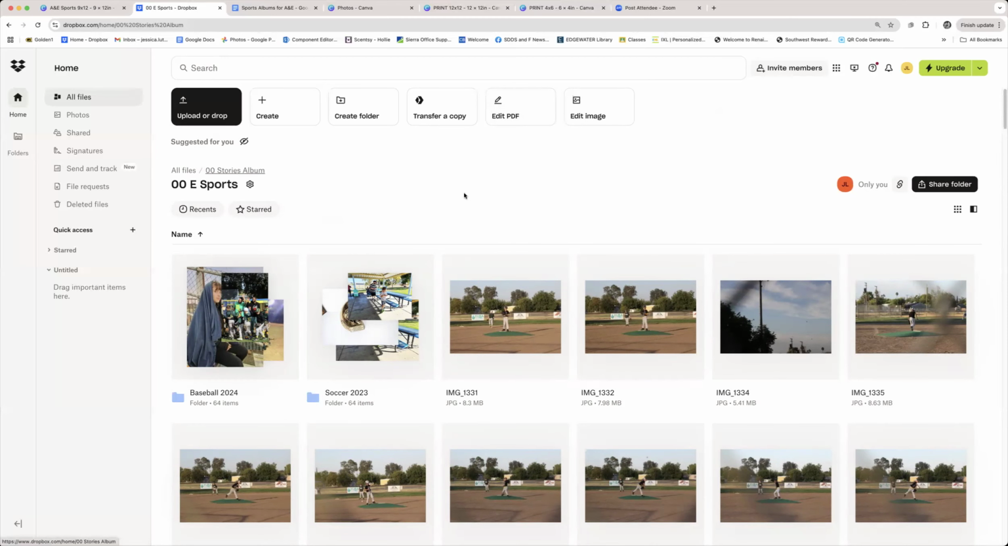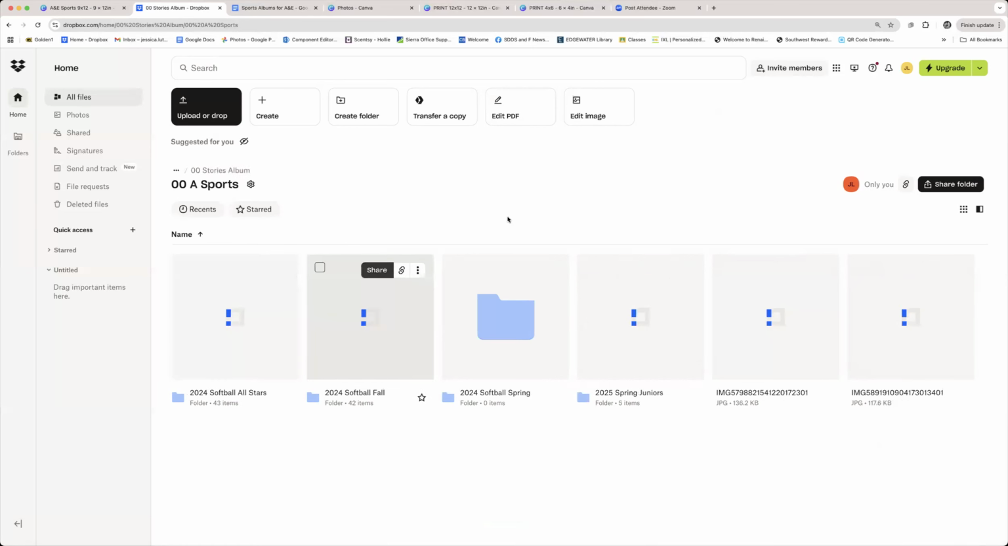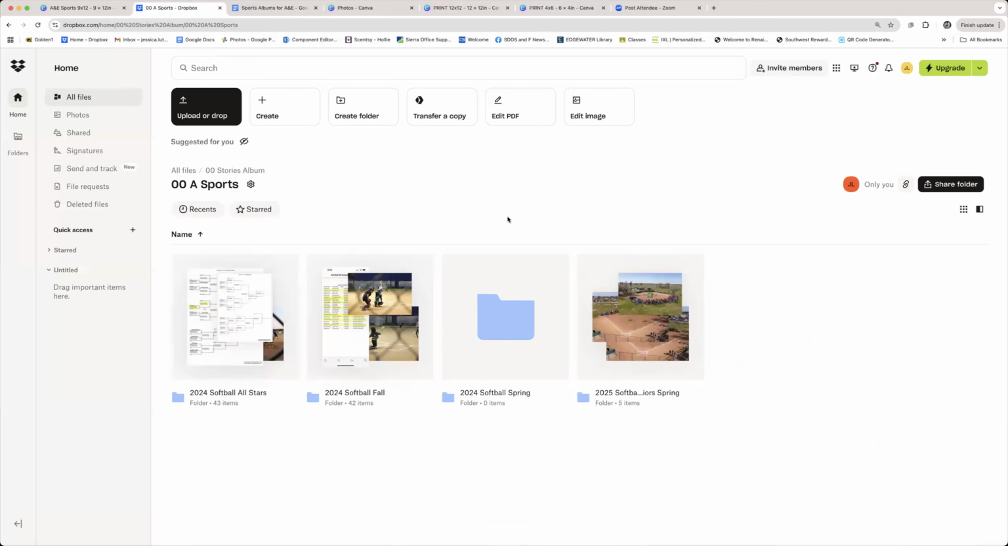Well, let's just go ahead and look in Abigail's. It's kind of a mess though. Let's see, A sports. Here we go. And all right, we've got a 2024 softball all-stars folder, a 2024 softball fall ball, a 2024 softball spring, and a 2025 softball juniors spring. So her juniors spring season really hasn't started. We've just done some opening ceremonies, but